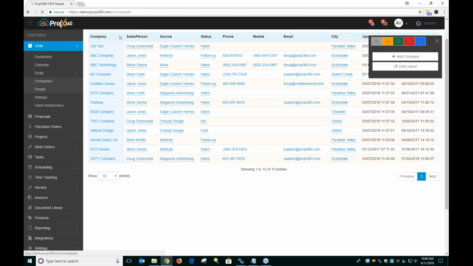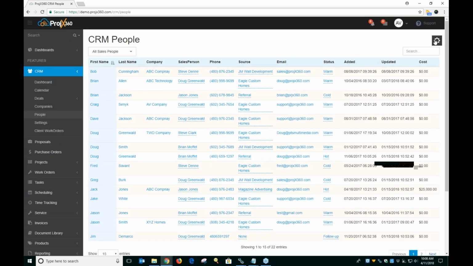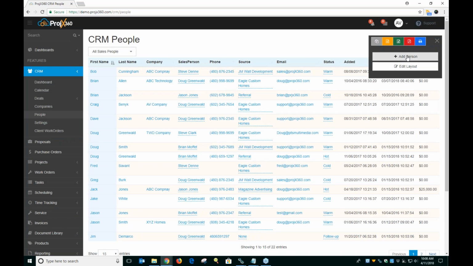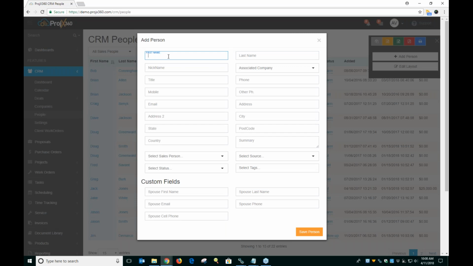Moving into setting up a person. You go over here, click the orange cog again, click on Add Person. You would fill out all the information here that it's going to prompt for once again here, and then you'll have your custom fields that you may have set up for the CRM people. Then you'd click Save,